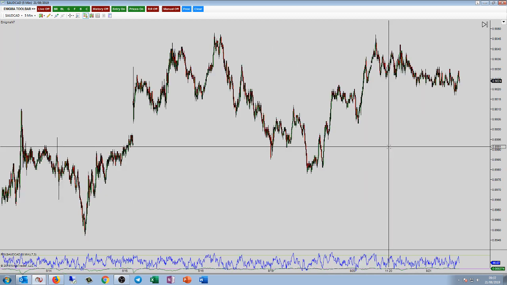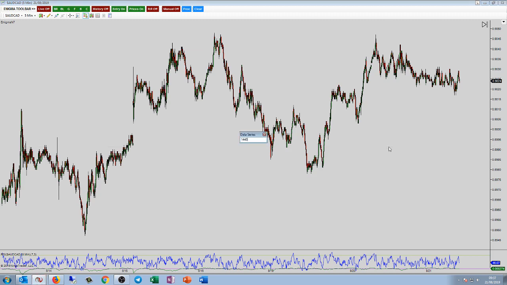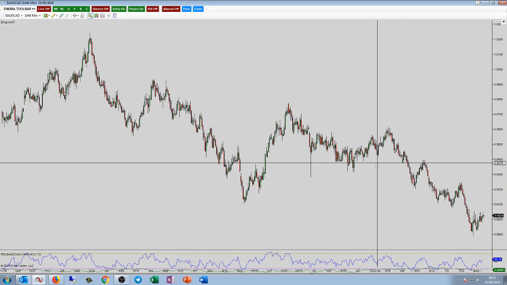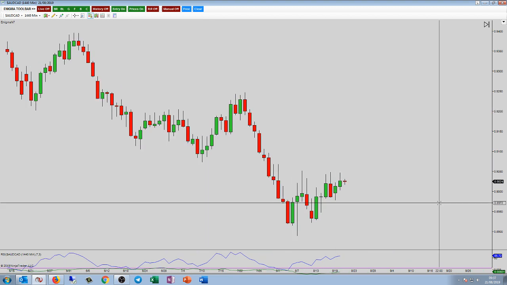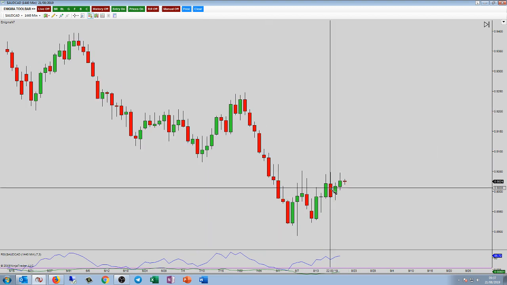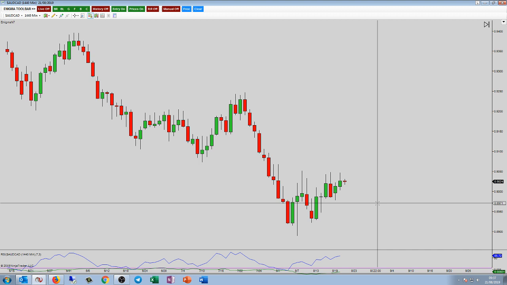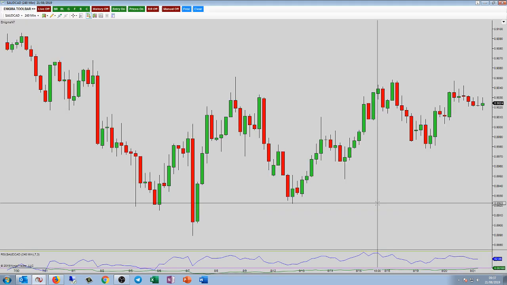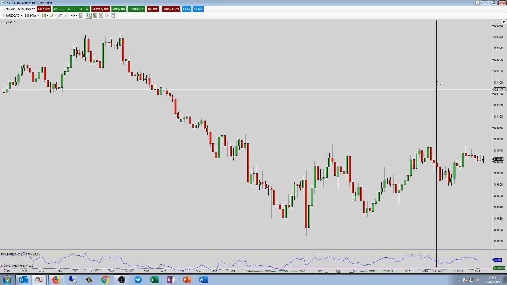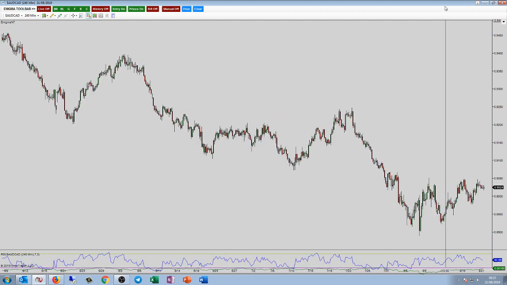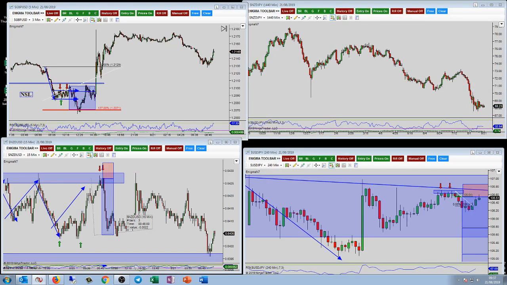There is absolutely no point, guys, in me going through the Aussie Dollar CAD unless you want me to. There is just nothing here. It is just sideways movement. Nothing on it for me. No bias either, no bullish or bearish bias. So I'll move that one out of the way, and I will bring over the Aussie Dollar.